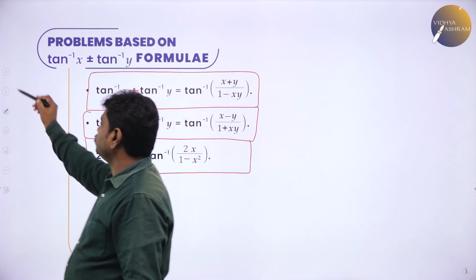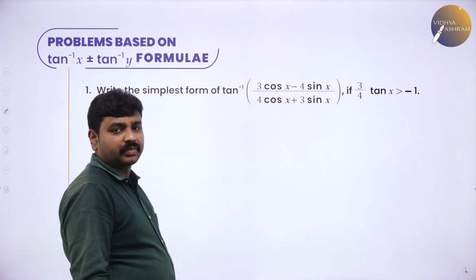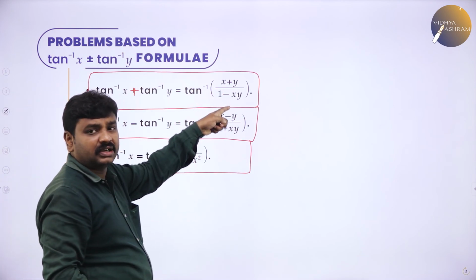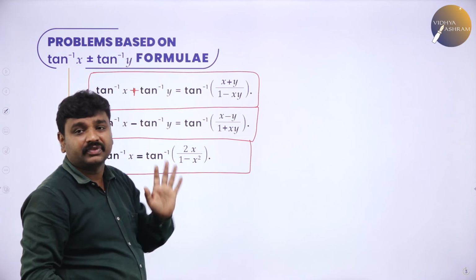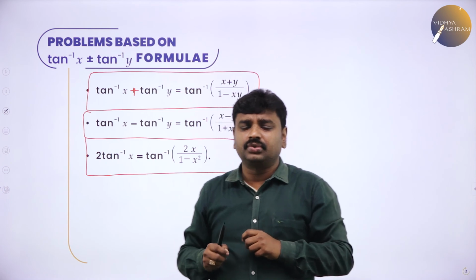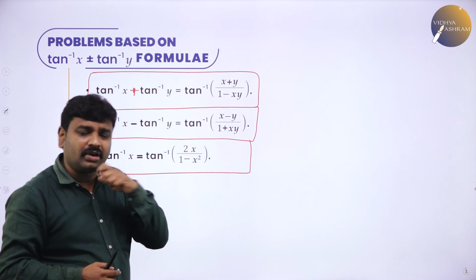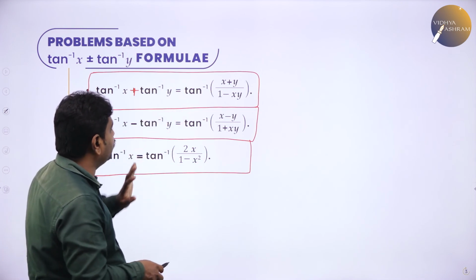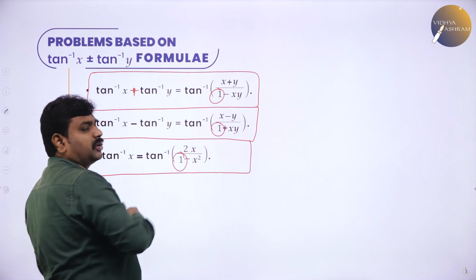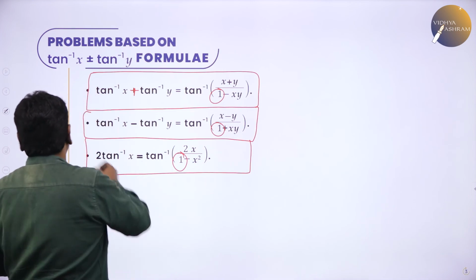Now, write this in simplest form. See, when you refer to this, in all the tan forms, what is in the denominator's first term? It is 1. This is the hint. Inverse trigonometric problems are easy, but students will struggle with what to substitute and how to go ahead. Each problem has its own method, but every method is logically related. Here if you see tan inverse, what is the first term in the denominator? 1. Always we'll have the first term in the denominator as 1. That is the hint.